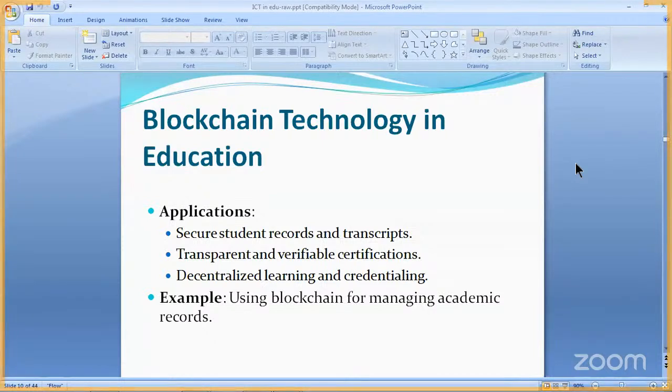The transparent and verifiable certifications. They have different types of certifications, different levels in different universities or different countries, and this can be brought at par using a simple formula of transferring credits from one place to another. Then the decentralization of learning and